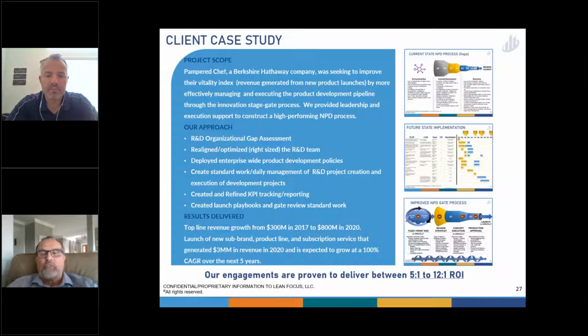The methods we used were good, solid, lean methods. Let's start by mapping the process as it is today. Then let's look at what we need in the future state. Now let's build a plan to get there. Now let's build a way to measure how we're going to get there. Now let's daily manage that plan and problem solve to keep ourselves on track.